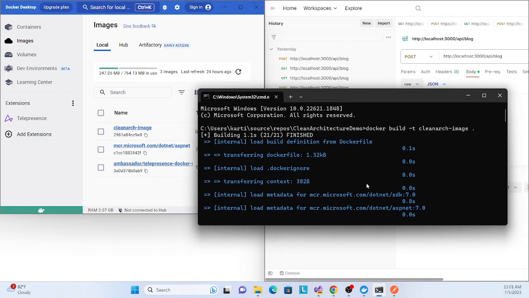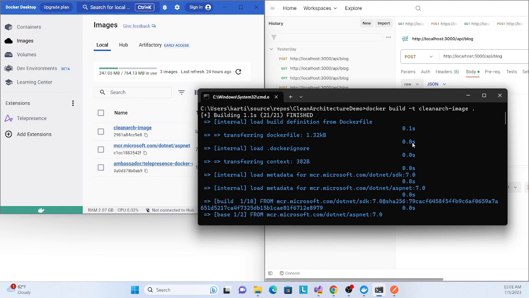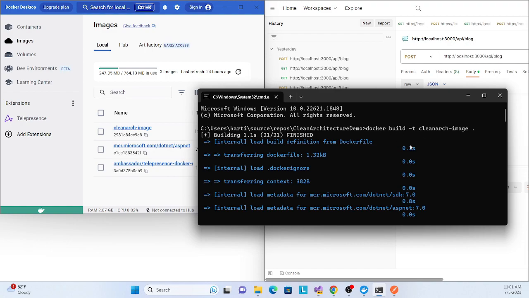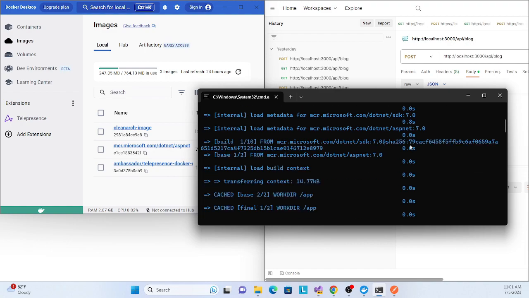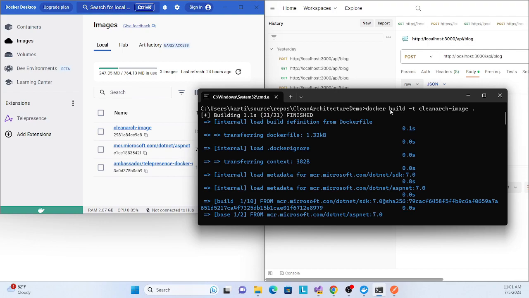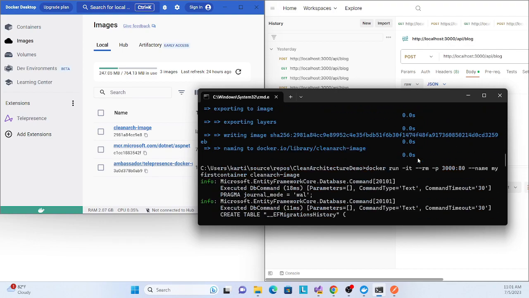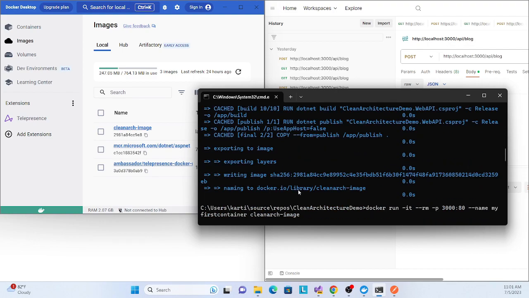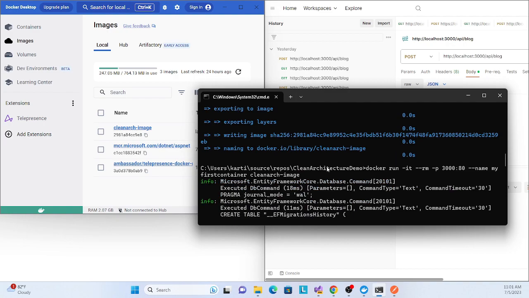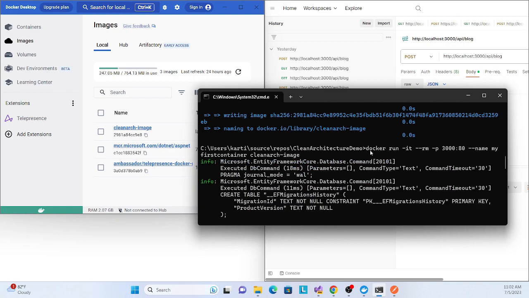I already created one Docker image. You will see that the Docker image is already created, and for this Docker image there are a few commands that I'll explain when we implement it from scratch. So this creates a Docker image in the command prompt, and then finally I run this image in our Docker container.